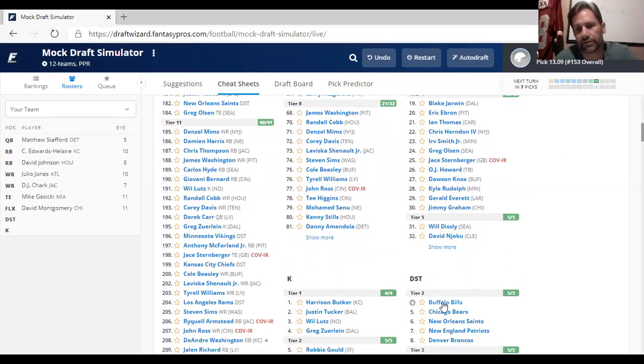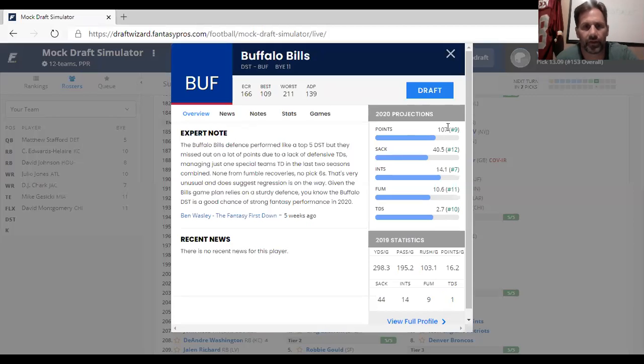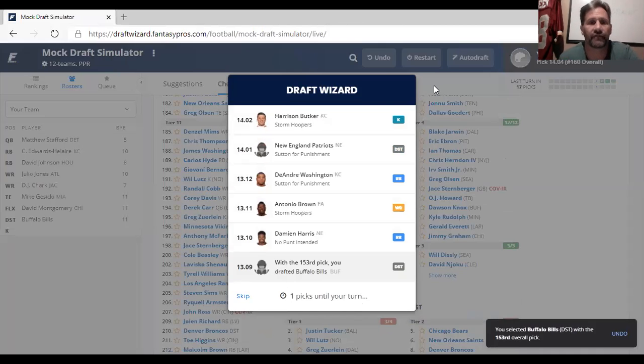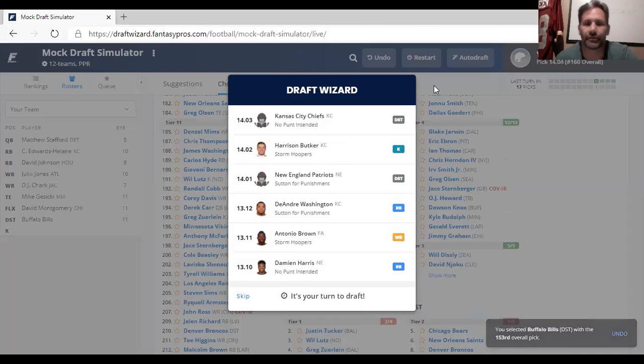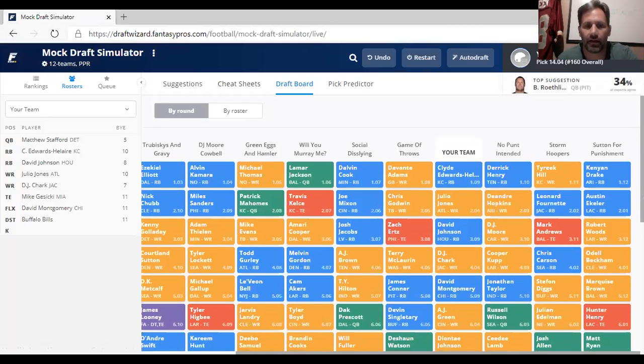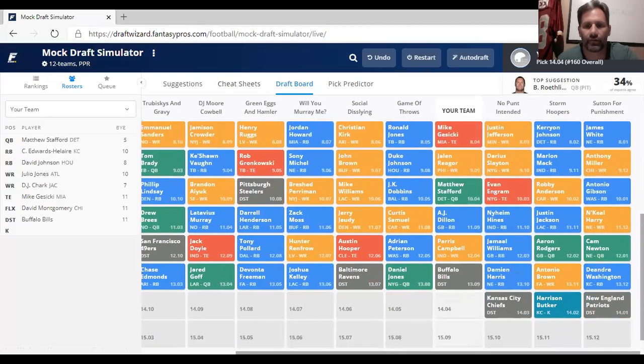So we're here in the 13th. Let's go ahead and we'll pick up the Bills. The Bills D. I like the Bills D just because of the division and the fact that, hey, now look, we see Antonio Brown, my mystery pick, off the board, and you're going to see him climbing up a little bit. So, free agent pickup here, Antonio Brown, going in the 13th round. Apparently, someone's listening to me. We see the Bills gone, and I was hoping to leave Antonio until my last pick per usual.